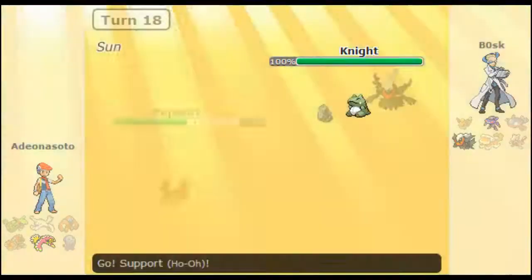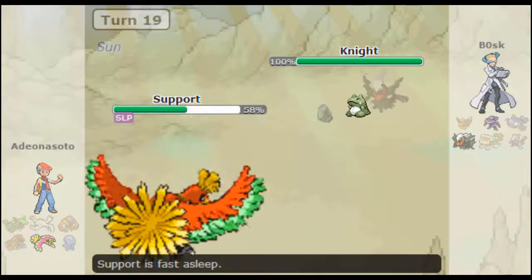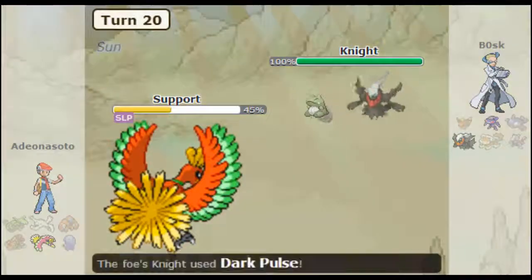Obviously, Darkrai's such a beast. He should really just be banned. Yeah, Ho-Oh must have woken up. I just missed that, I guess. But obviously, Bosk is just going to put Ho-Oh back to sleep with Dark Void, and that's going to be